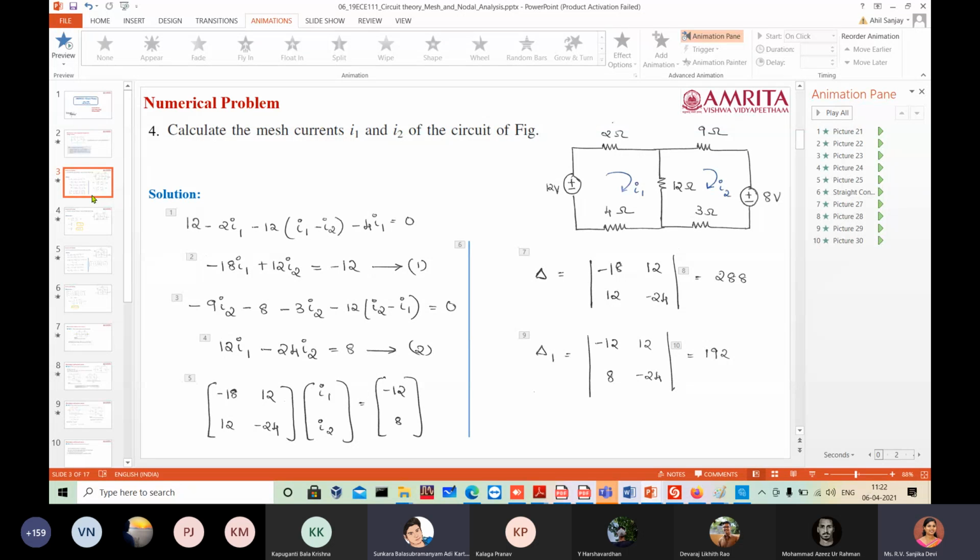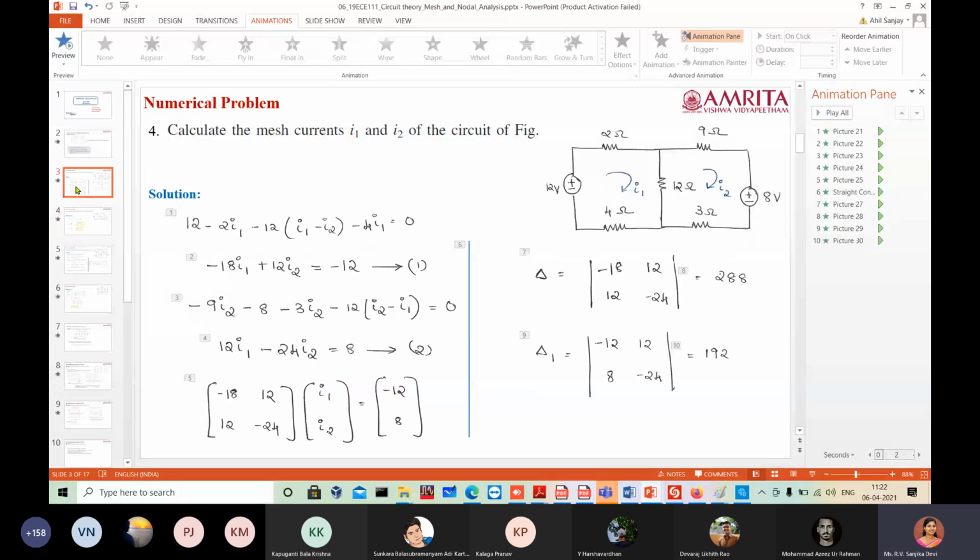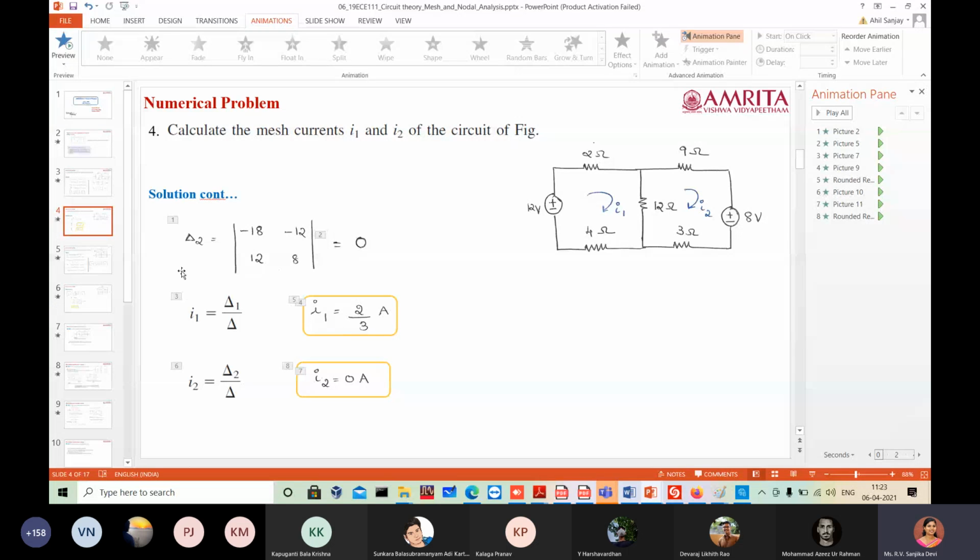Thank you, ma'am. So this approach is basically called Cramer's rule. Especially, this rule is quite convenient when we have complex coefficients. Right now, for equations 1 and 2, the coefficients are all real values. That's the reason we are able to solve it directly using the calculator. But if they are complex, then we may not be able to do it in the calculator directly. So in that case, this approach is quite convenient. I hope Cramer's rule is clear to you.